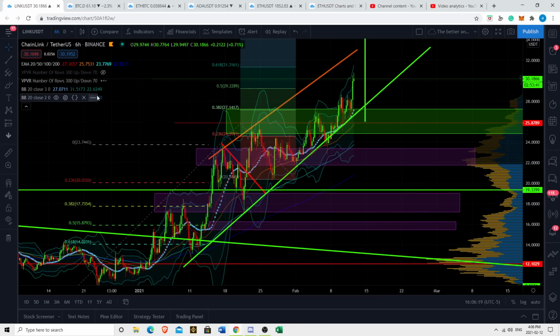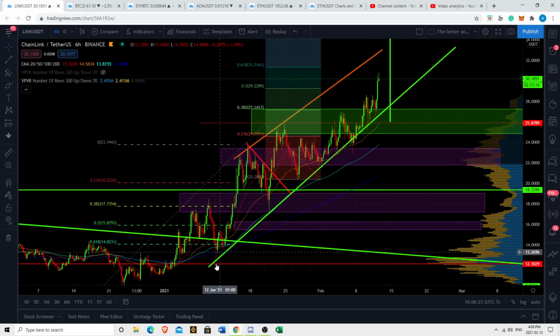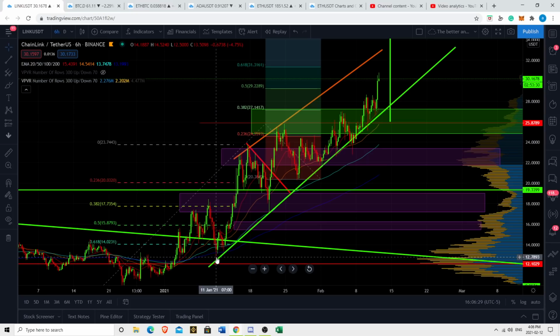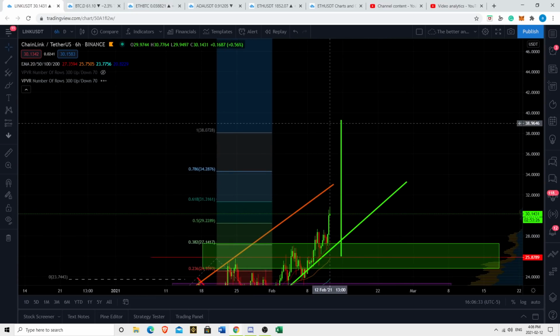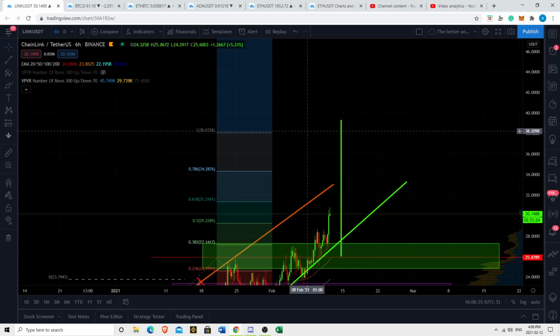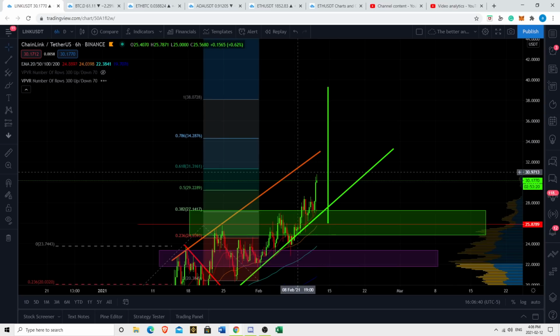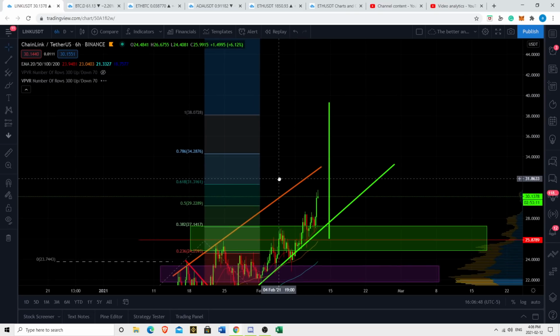Okay, let's take away our Bollinger Bands now that that's out of the way, because there's a lot of stuff going on here. So if we take the height of this ascending triangle right here, see, this is resistance, this green line support, from the bottom to the top here, and we take the height of that and move it to the breakout point, that brings us to about $30, which lines up perfectly with one of our fib levels. So if we can tackle the low 30 range, get above and hold above and close above, I'd say 31.40, 31.30, if we can get above and close above that,